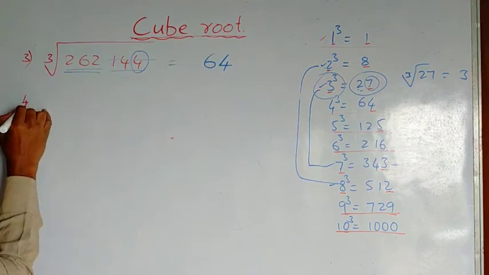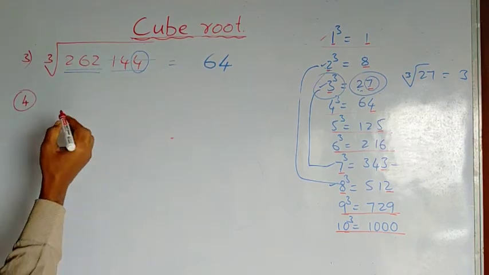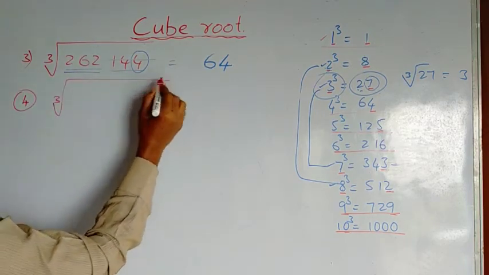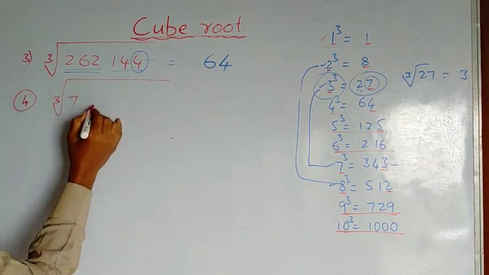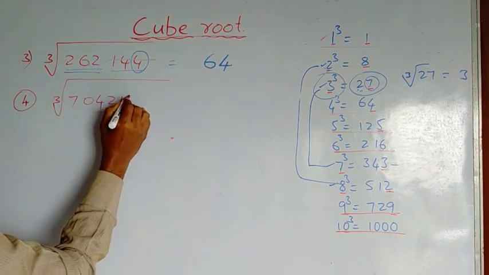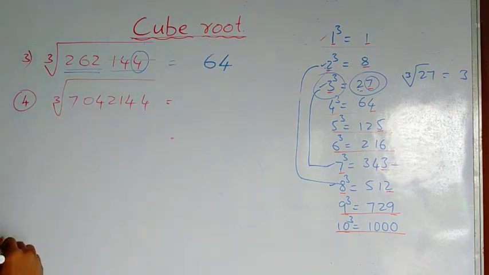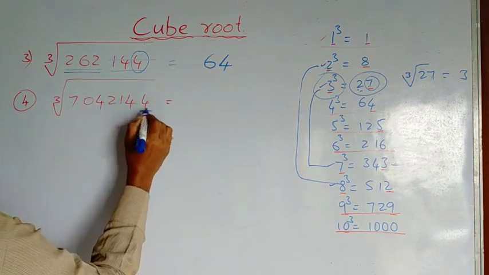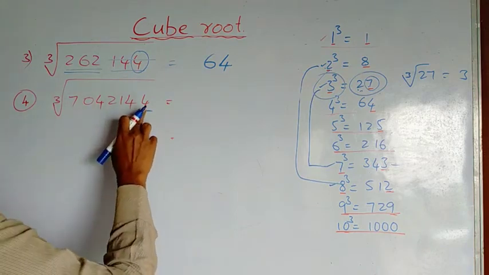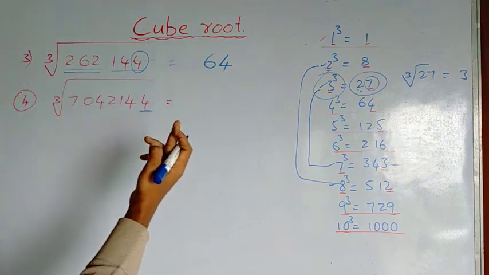Let us take one more example. Cube root of 7042144. First we take the units place digit, 4. So 4 also ends with